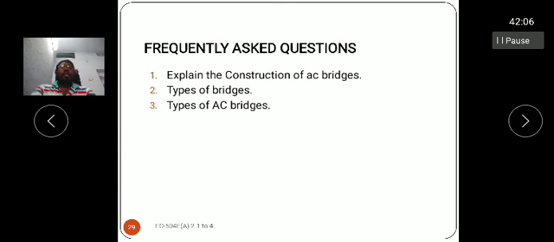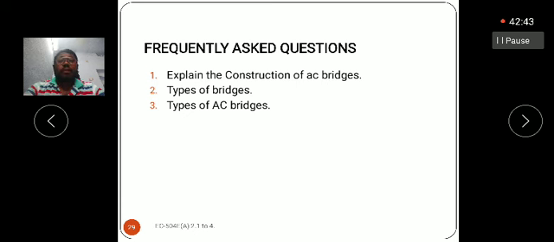And also there will be a chance of asking questions in the examinations like explain the condition for AC bridge balance. There is also a chance of being asked to write or derive the condition for the AC bridge balance. And also the possibility of asking what are the various uses of the AC bridges.